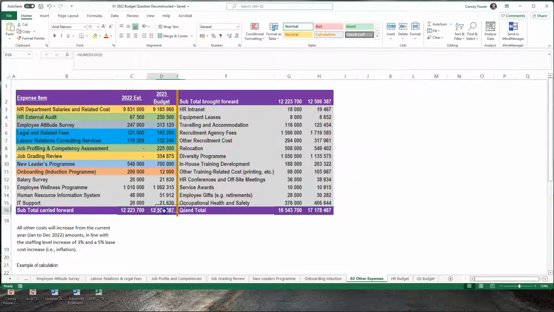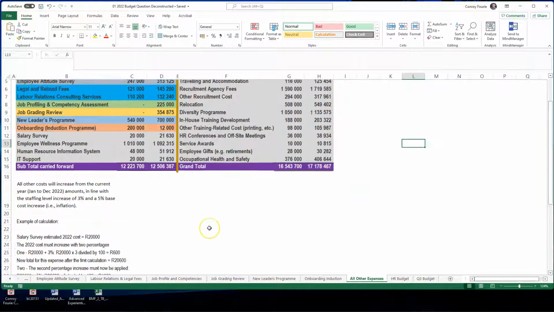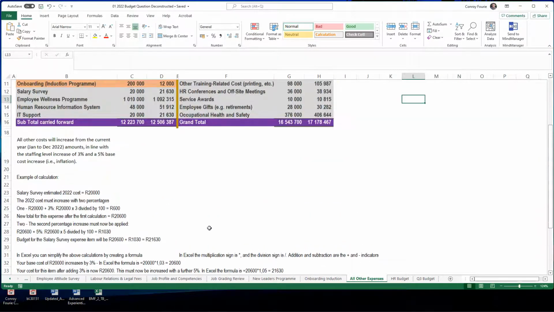For this worksheet, I've calculated the sum over there, and then that's brought forward, and then this total here is just the sum of all of that. Okay, and so that is your new year, and it is more than the previous year. And let's go to the next step,